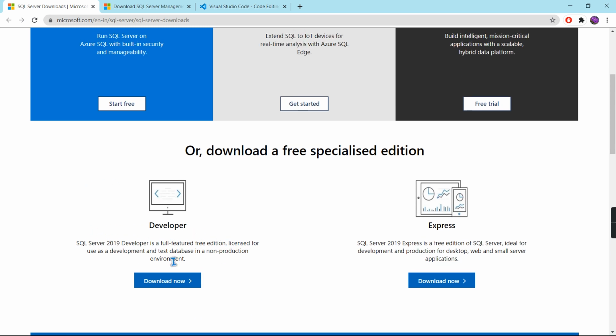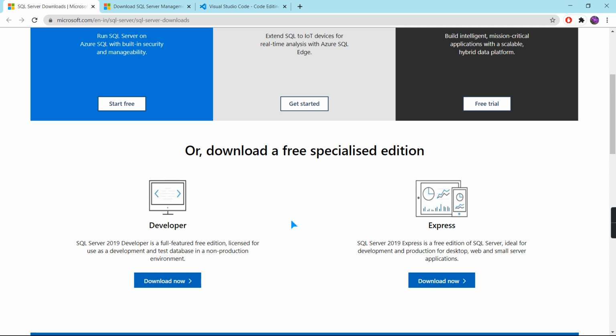and once you install this, it will ask for a type like basic or custom. You need to select basic and just click the install button. Once SQL Server is installed, it will show the version in the SQL command window and prompt you to install SSMS, SQL Server Management Studio.